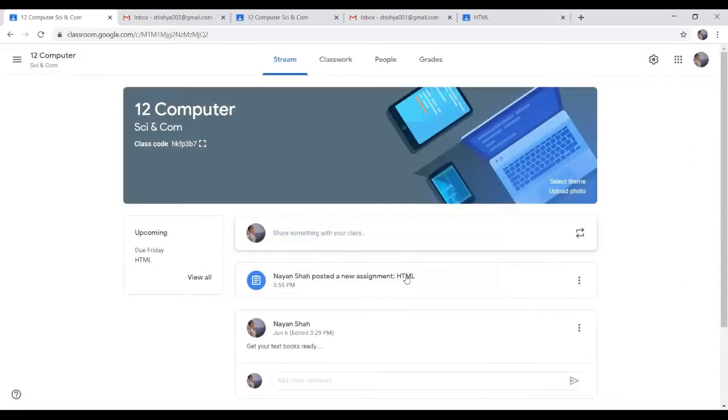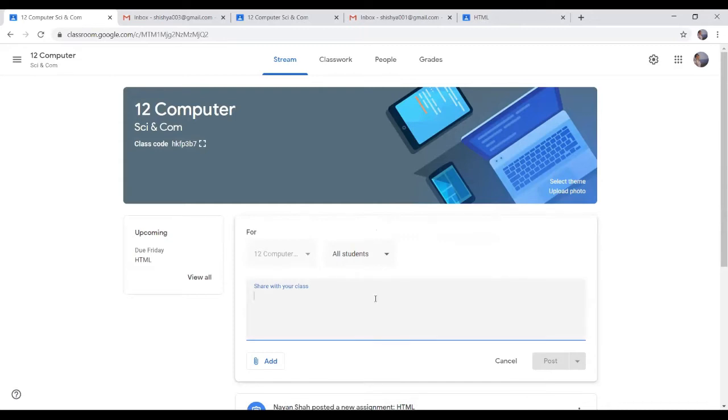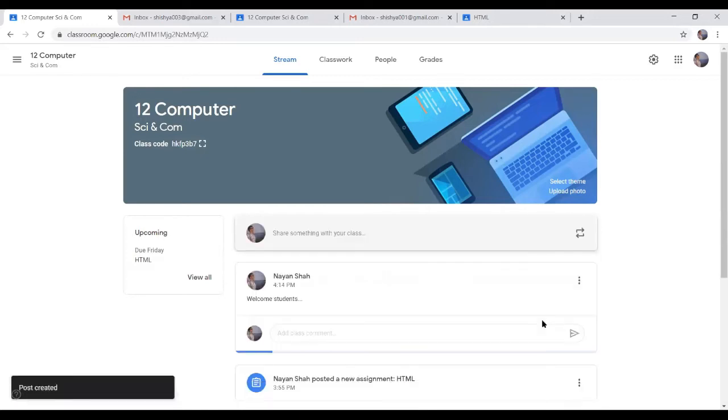Settings is done. Now let us see, this time I have kept 2 dummy students also, so that you can see what actually happens on the student's screen when you are doing some activity. Let us quickly write a comment and see how it comes to the student's account. Welcome students. Now as I post it, I have already created 2 temporary dummy students.